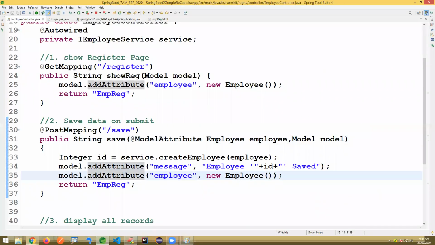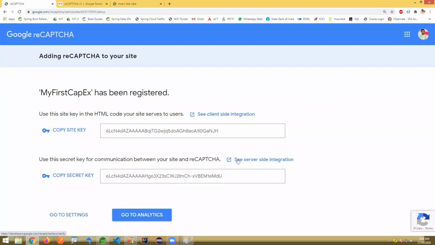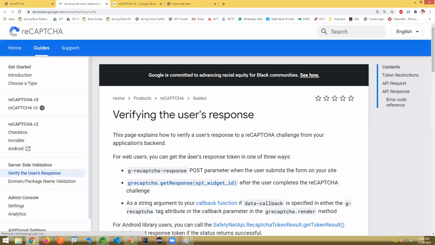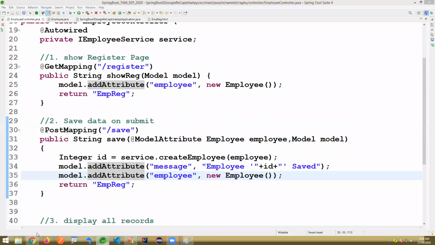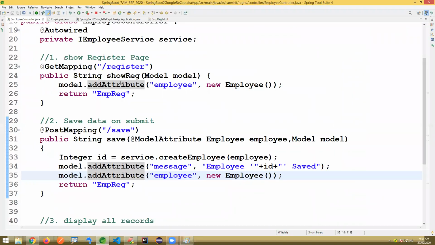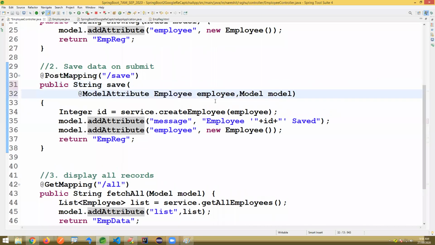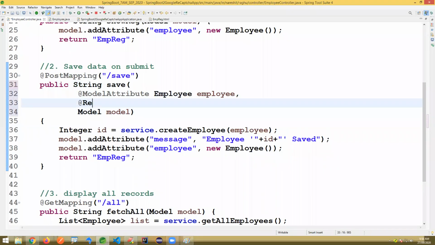Okay, now client side integrations done. Now server side. Server side, what we need to do? So you need to read this as a parameter here. When they click on this I am not robot, this specific data will be available in this variable. So come to controller. There is a save method. Model attribute is there. Model memory is there. I'm just reading here with @RequestParam. Mention this parameter name.